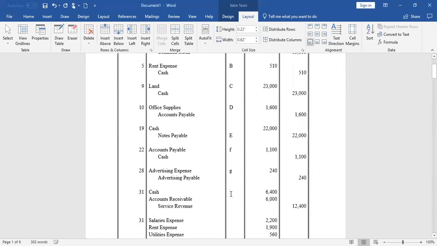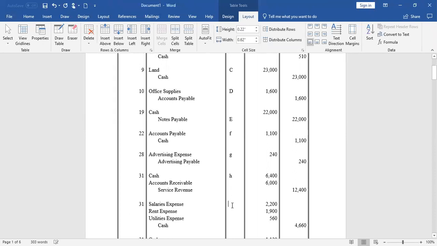So we have to increase the asset cash for the $6,400 we received immediately, increase the accounts receivable asset on the debit side for the $6,000 that is owed to us, and then increase service revenue on the credit side because that's the total amount that was charged to the customers. $6,400 we received in cash immediately, and the $6,000 that is owed to us. So that's how you would tackle that